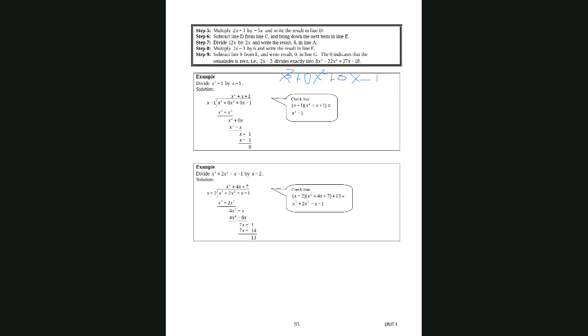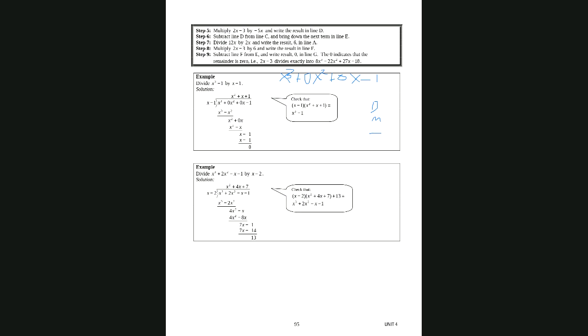Then the same procedure: divide, multiply, subtract. When you divide and your remainder is 0, that means that x minus 1 is a factor